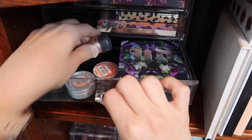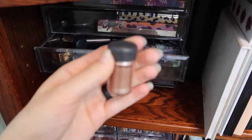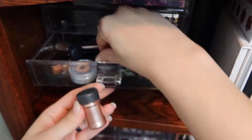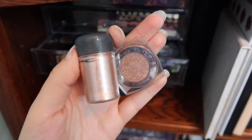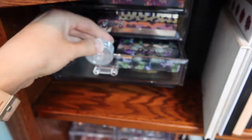All right, let's grab MAC Tan Pigment. This one would be stunning, and actually there's a dupe for it that might be easier to use. We'll take both. L'Oreal Amber Rush would also be really pretty. They're pretty similar, but those would be really pretty. Also,